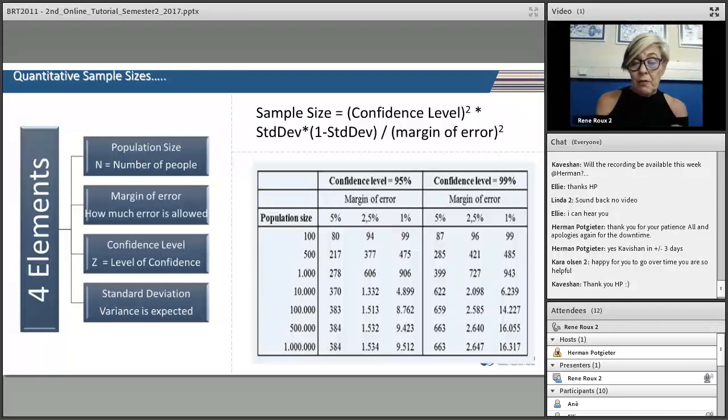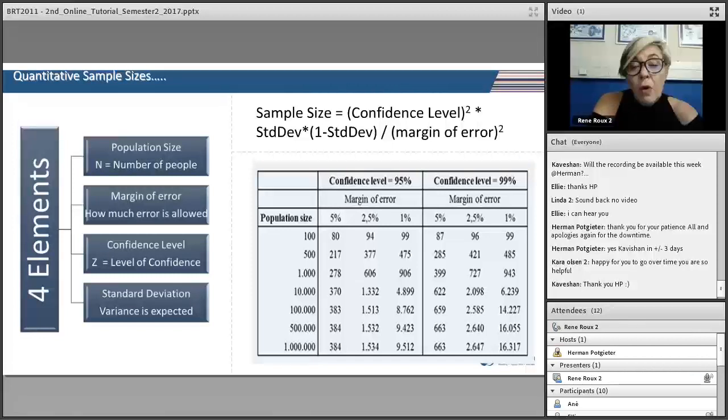Then there is a level of confidence, and then there is a standard deviation. Here is the story. There's the formula. I'm not even going to work through that formula because these days that formula is not so important, because if you Google it, you will find sample calculators. But just in terms of this little table that I have here,